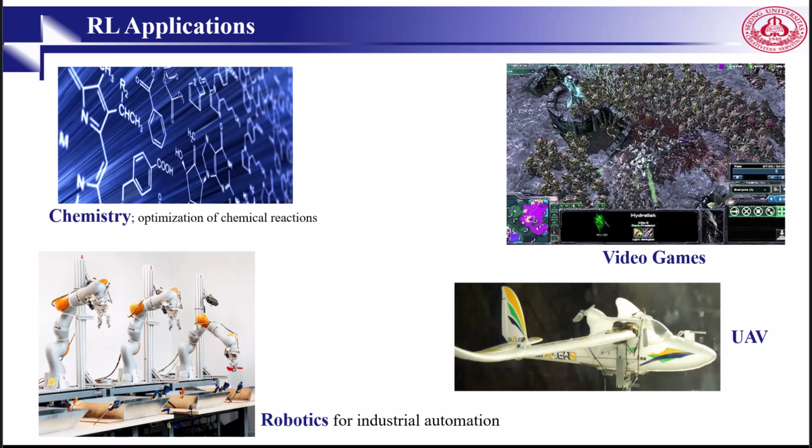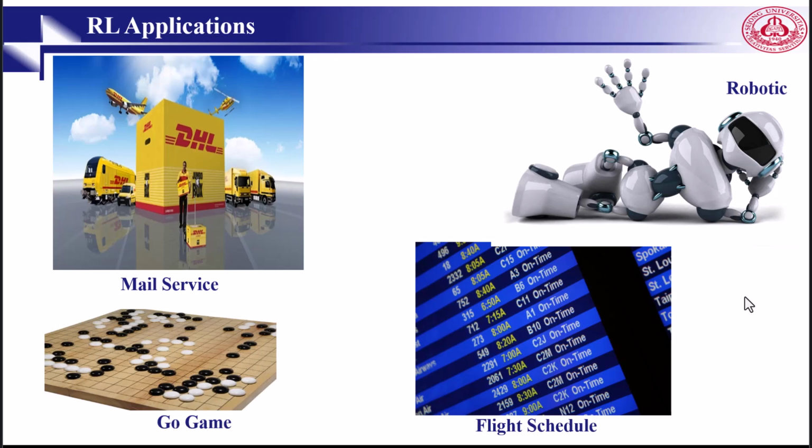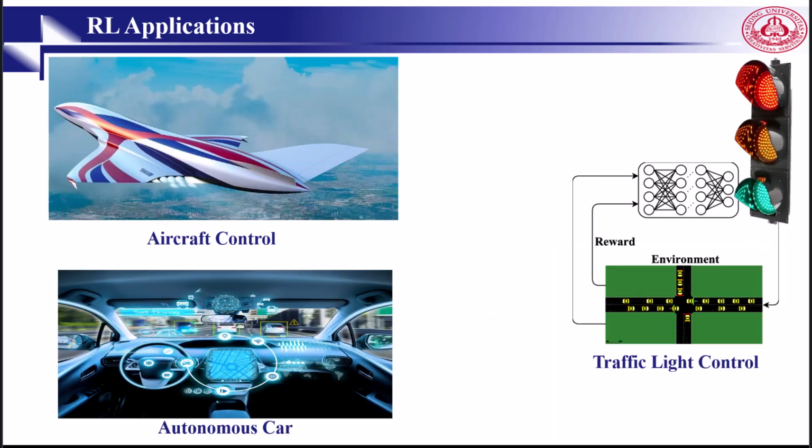We can use it for handling robotic tasks in industrial environments. Reinforcement learning is applicable for autonomously navigating unmanned aerial vehicles. All these tasks require sequential decision-making under uncertainty, and that's why reinforcement learning is a natural fit for them. And there are many more applications in logistics, gameplay like Go, and scheduling problems. RL excels when we must make many independent decisions, especially when the outcome depends on previous actions.